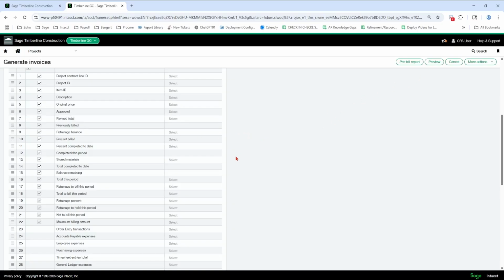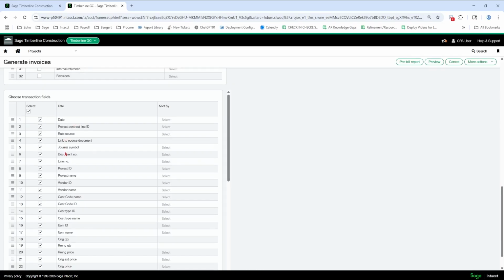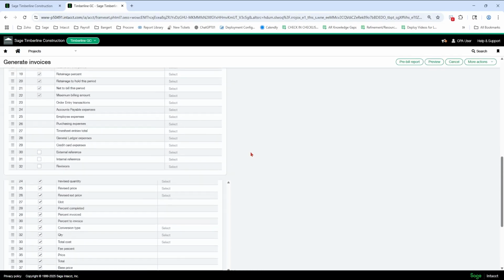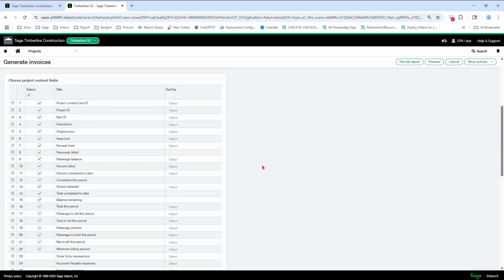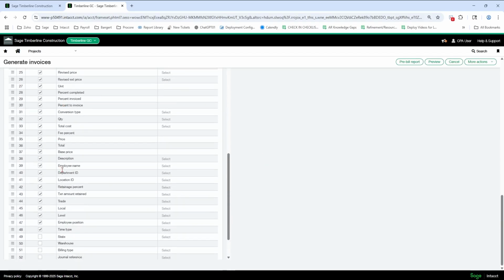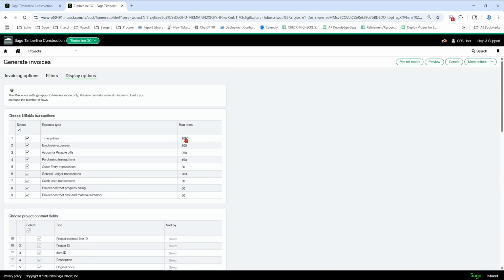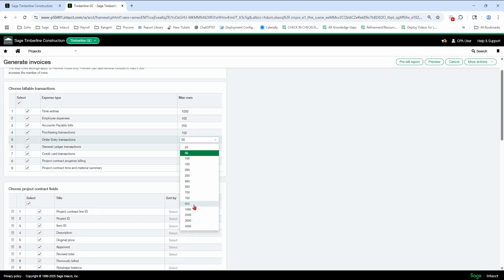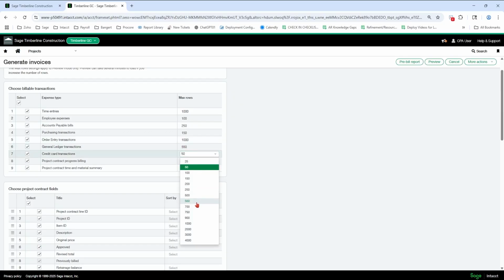Okay. Time and material, when I show that next, that's down here below the AIA type of columns. So don't forget there's 2 sections. Also, at the top, you might want to maximize your rows up a bit. Actually, you're going to want to because it'll cut off your entries at 50. So you're not going to see all of them and potentially will not bill all of them. So just go ahead and bring them up quite a bit so that you get all of your entries that need to be billed on the screen. Okay, that's an important step to do.